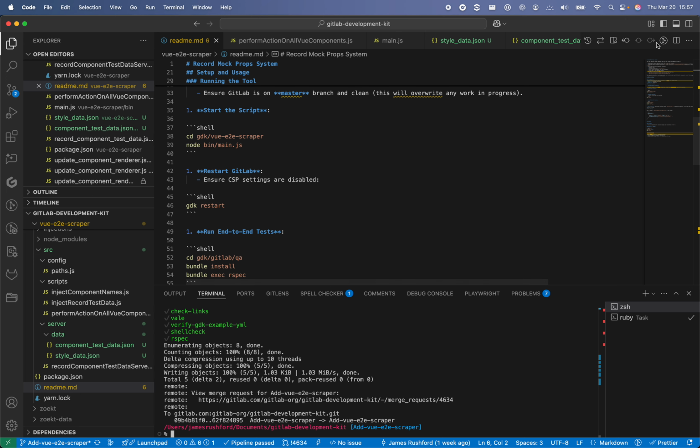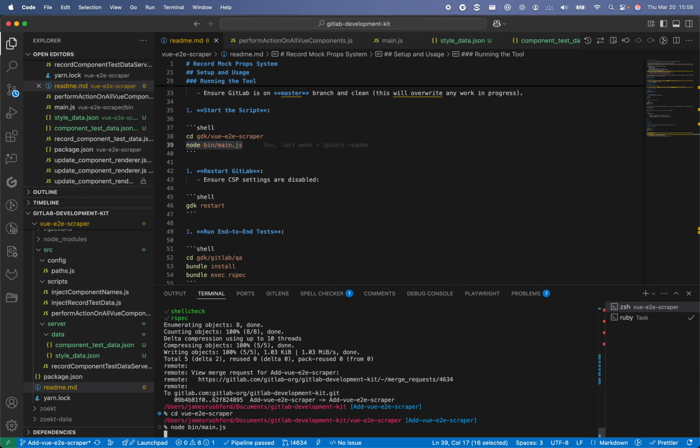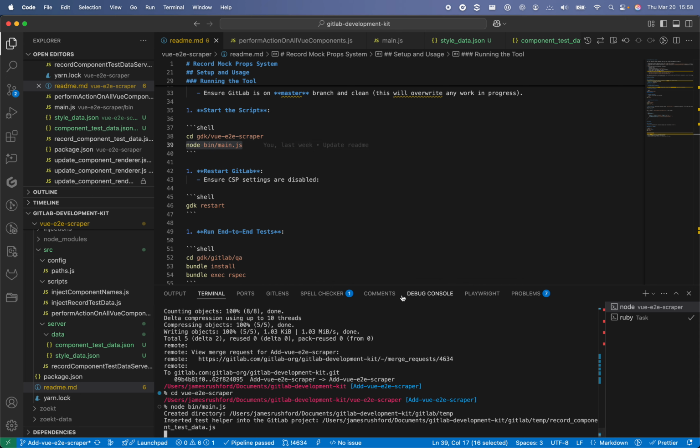So to start this script, this is sitting in the GDK. We're already in this file, and we can just cd into the view end-to-end scraper, and then we can run node bin main. And what this does is it sets up the